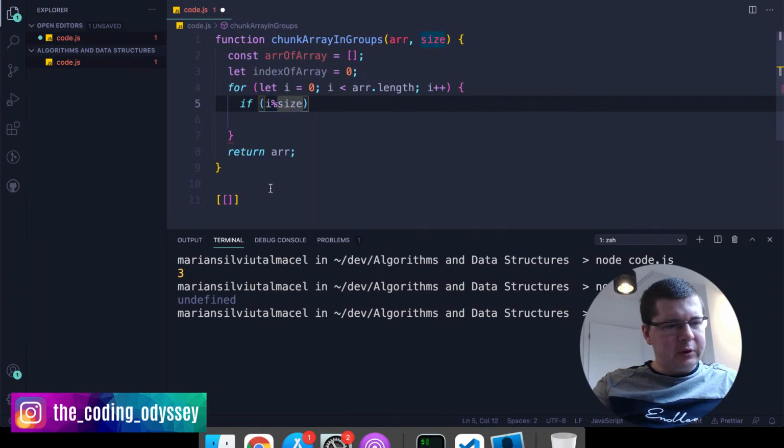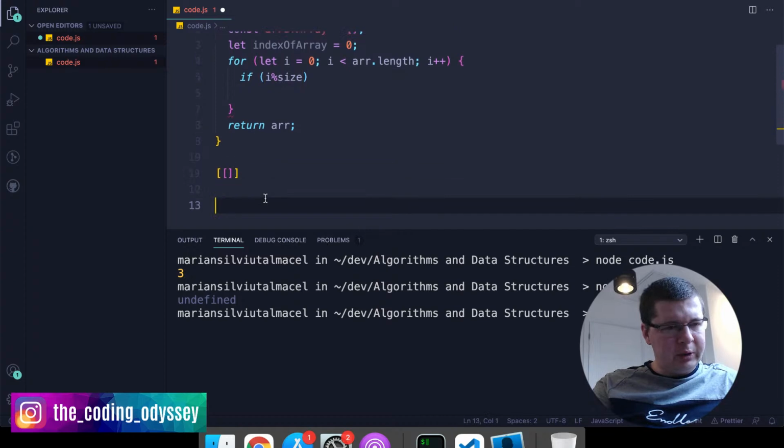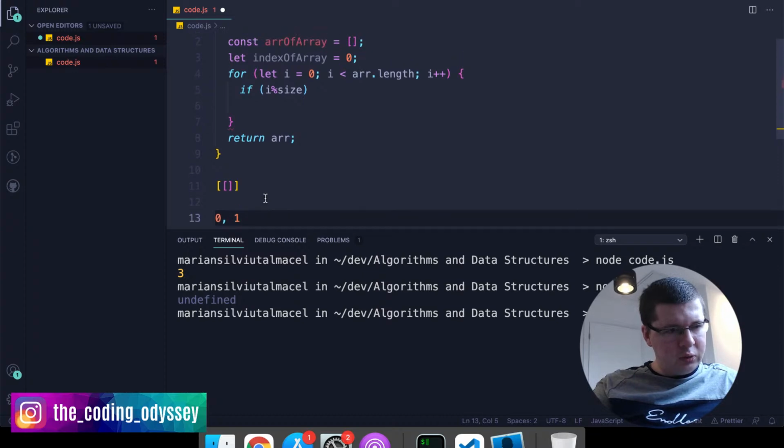But let's see. If we have, for example, an element at index 0 and at index 1, and we have to split in two, then 0 modulo 2 and 1 modulo 2 will give you 0, 1. All of these will give you 0, and then when you have a new one, like actually this